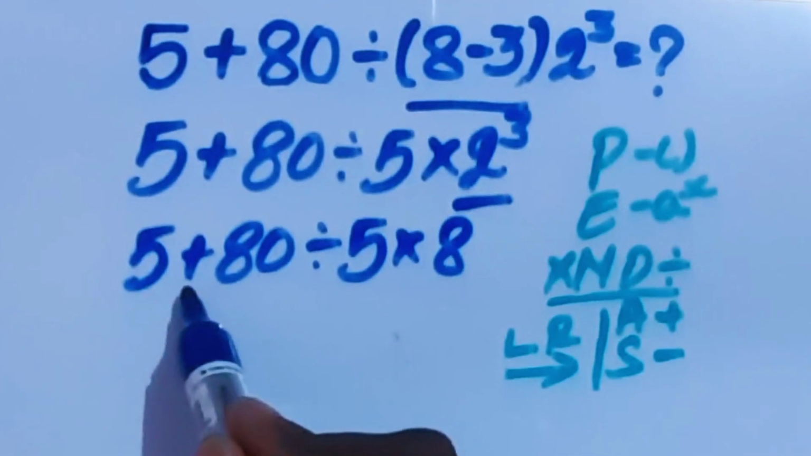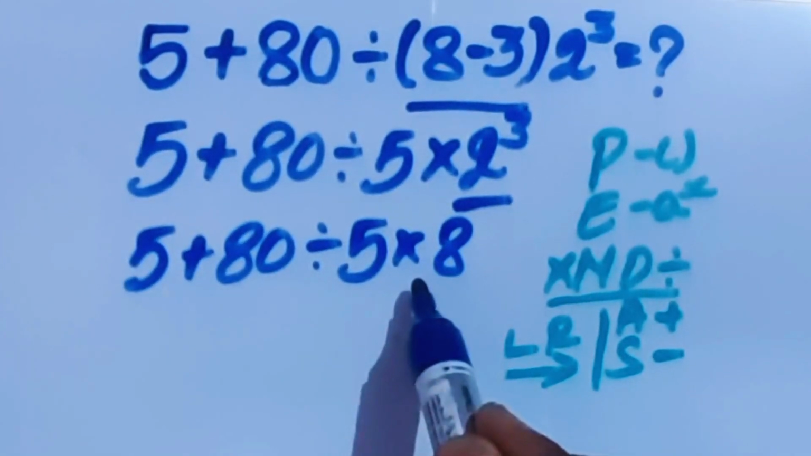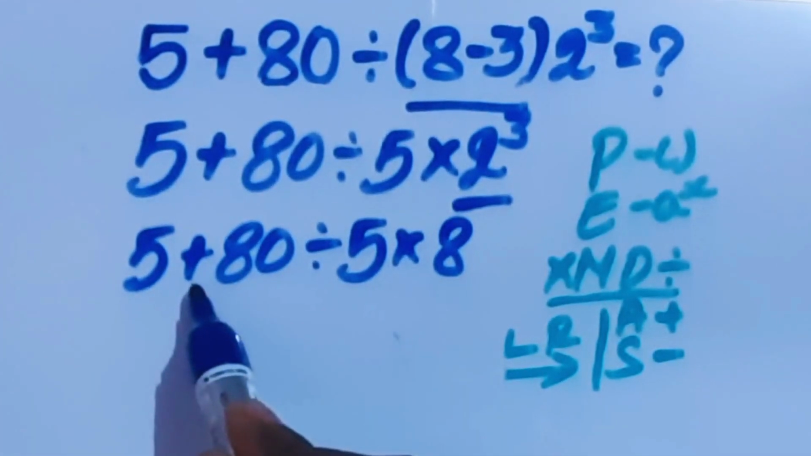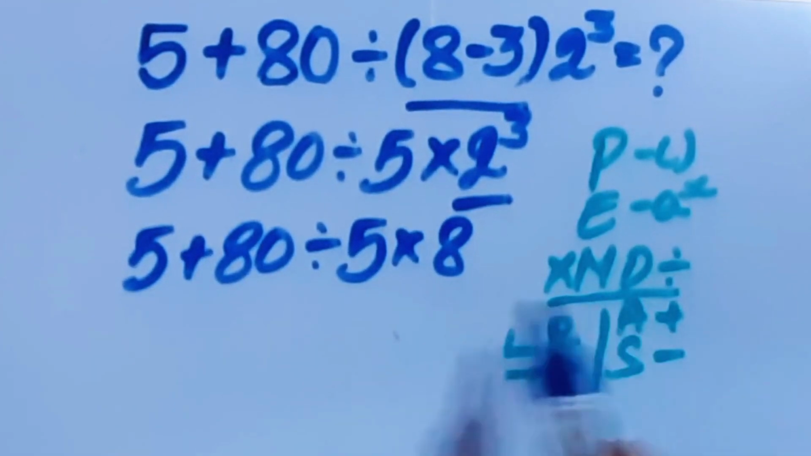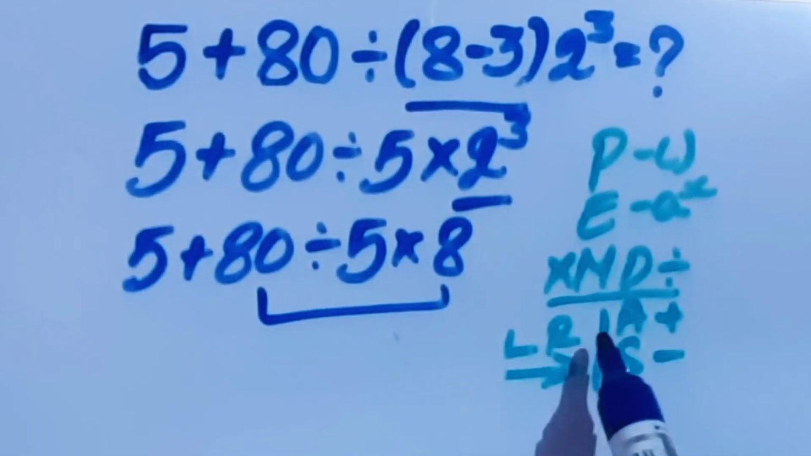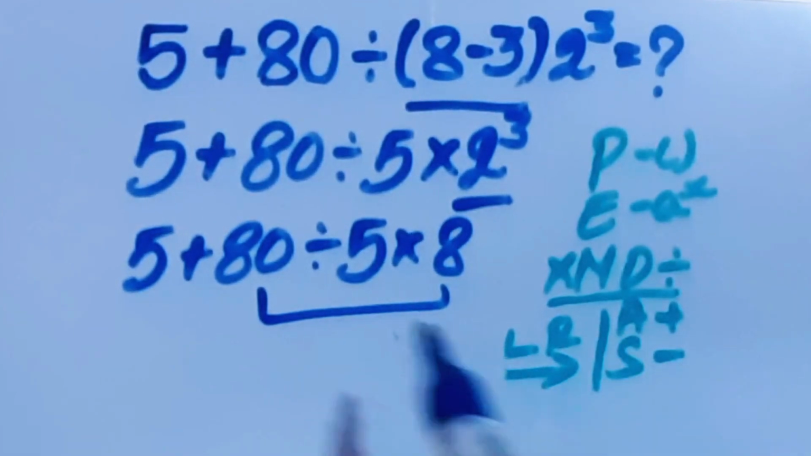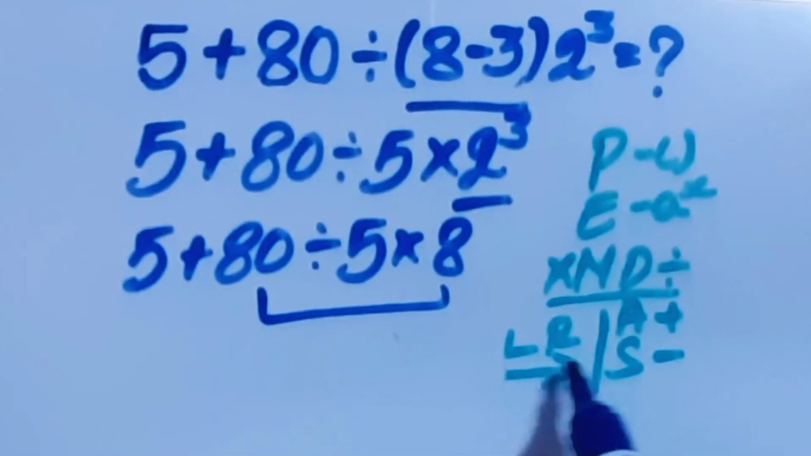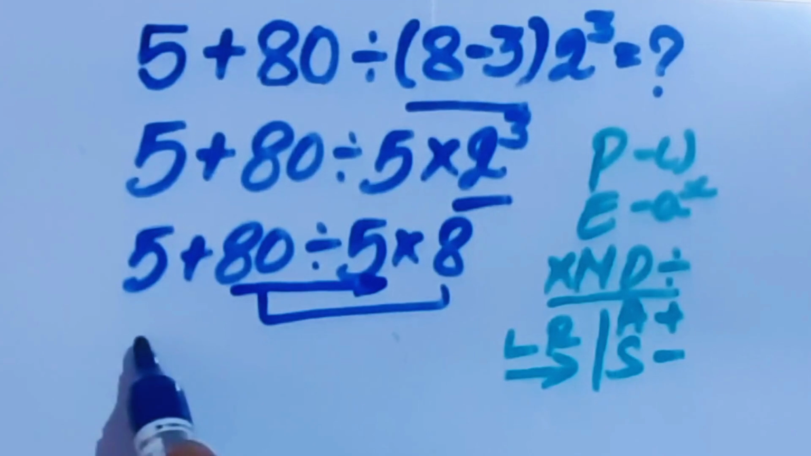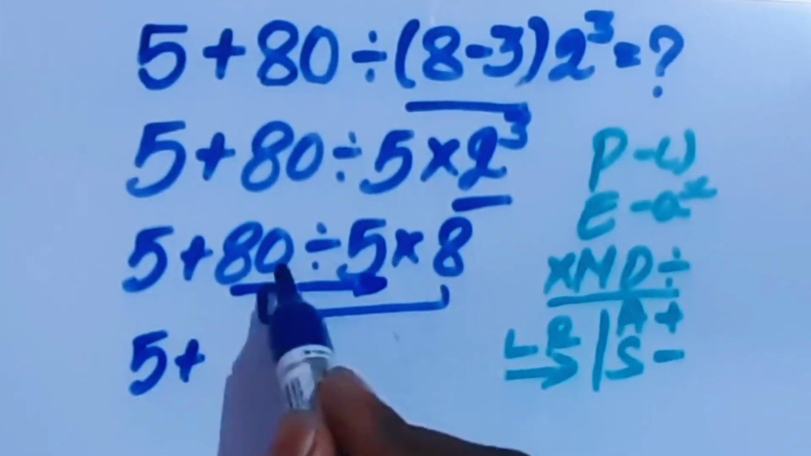Now we have addition, division and multiplication. Here multiplication and division are higher priority than this addition, so we have to do this before the addition. Of these two, both are equal priority, so we have to follow the left to right rule. Left to right is this one. So 5 plus this is